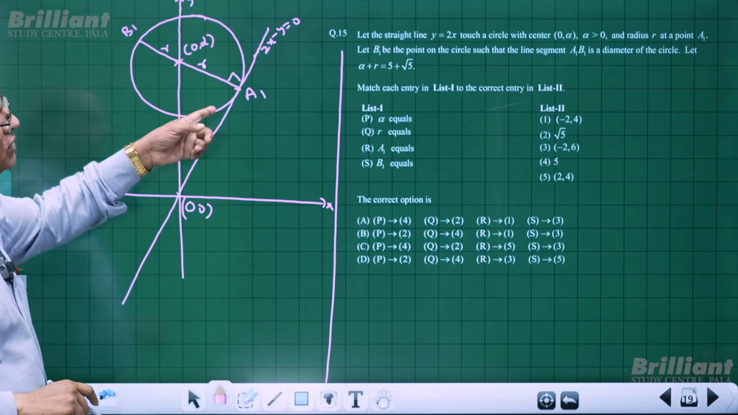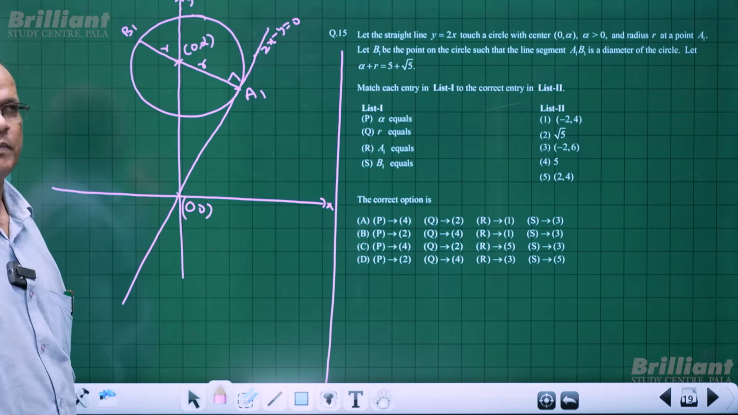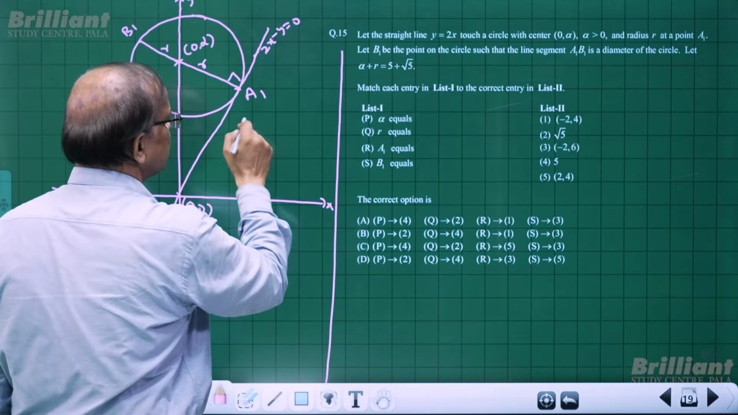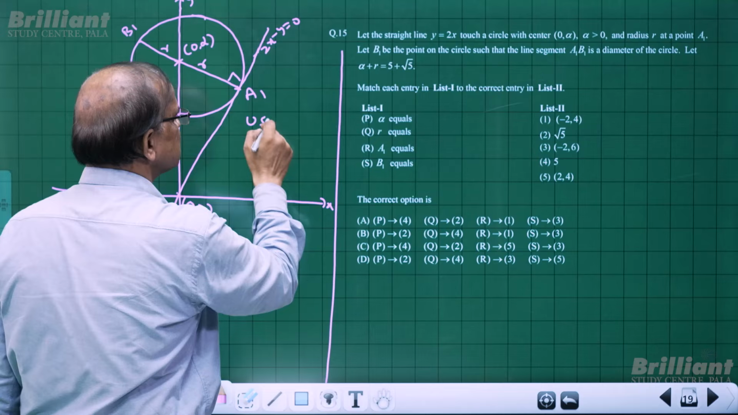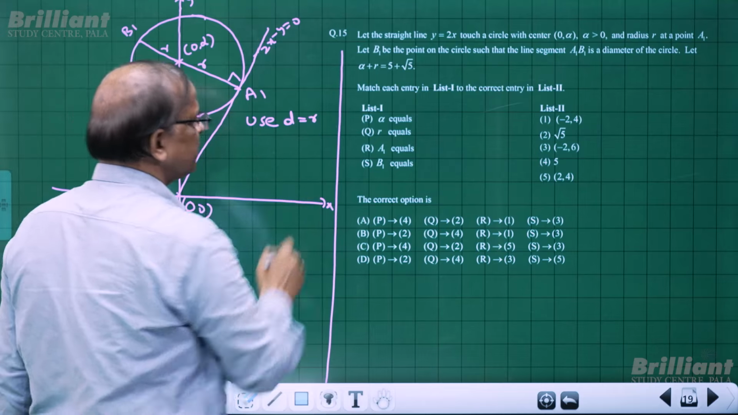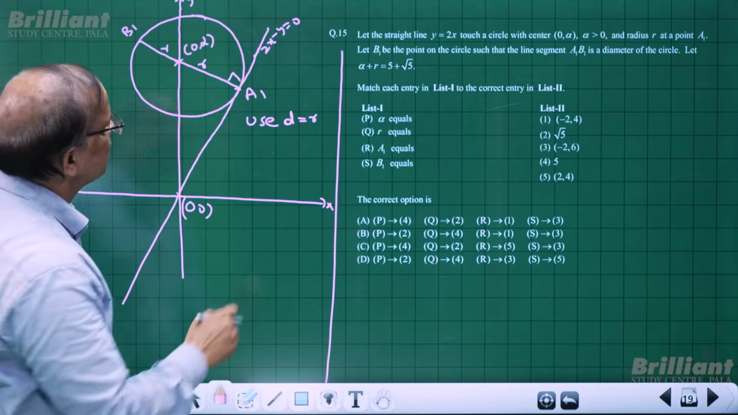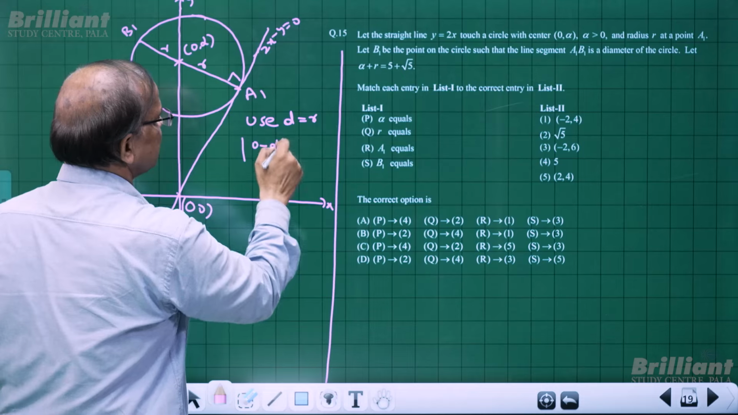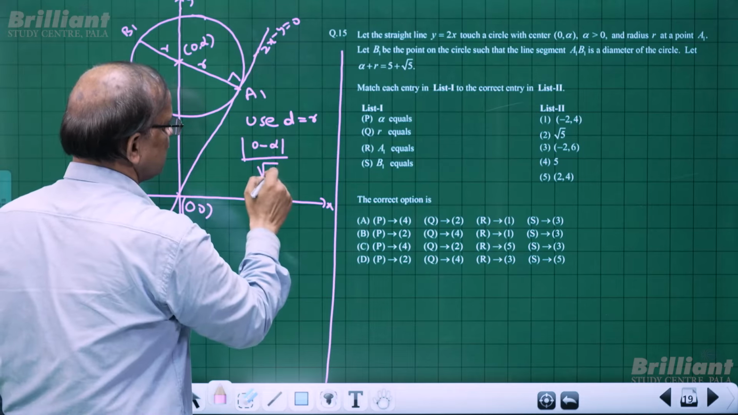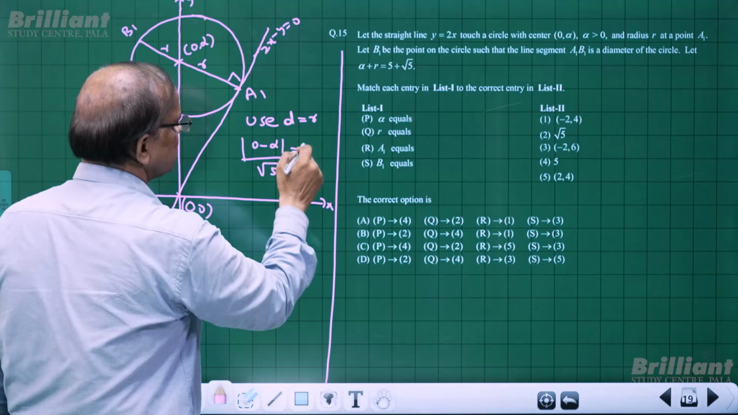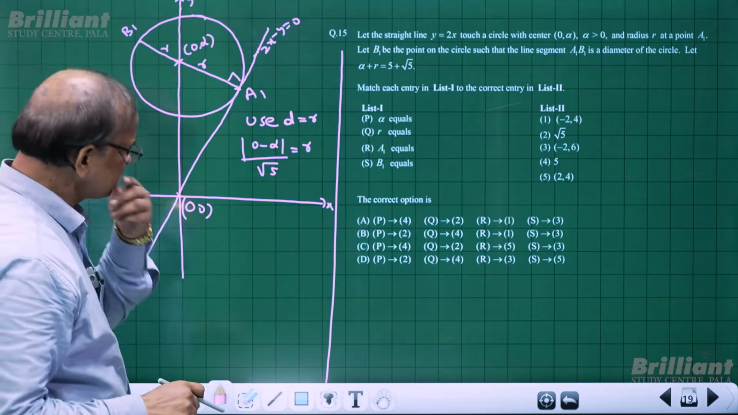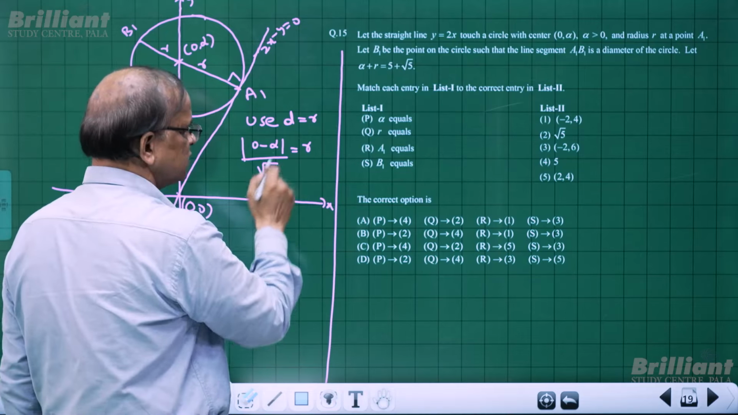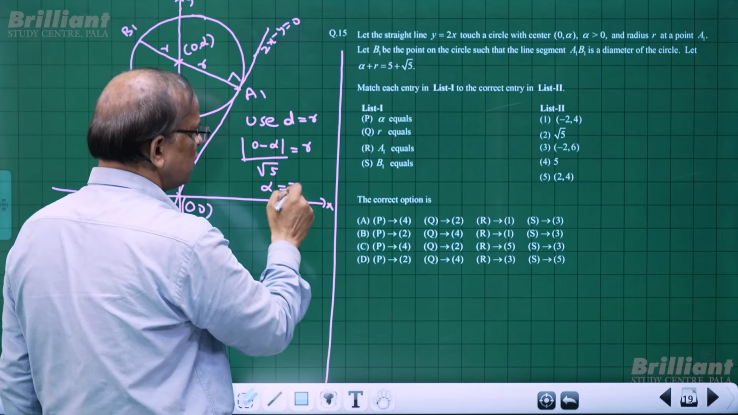So now it is touching, no. So use perpendicular distance equals radius. Use d is equal to r, the perpendicular distance r from the center to this line. So what is the d? Modulus of 0 minus alpha by root 5 is equal to R. So alpha is positive, therefore this is plus only, alpha is equal to r root 5,